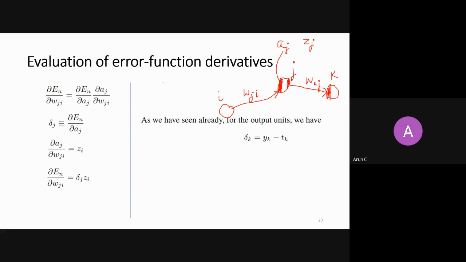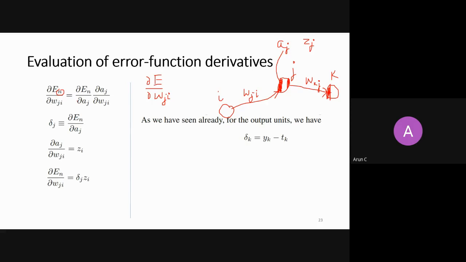Gradient: first you have an error function, which is a sum of squared errors. You take that error function, and if you have 20 weights in a neural network, you calculate the derivative of the error function with respect to every weight: w11, w12, w21, w22, likewise. So you calculate the partial derivative with respect to every weight in the neural network. Here n is the nth sample; right now you can ignore it.